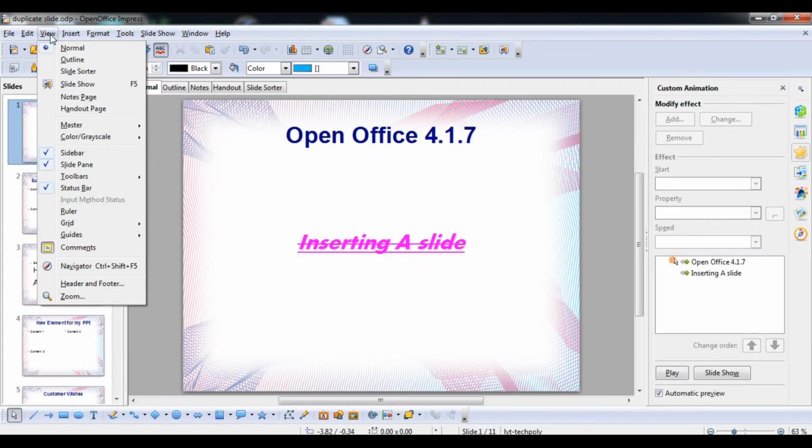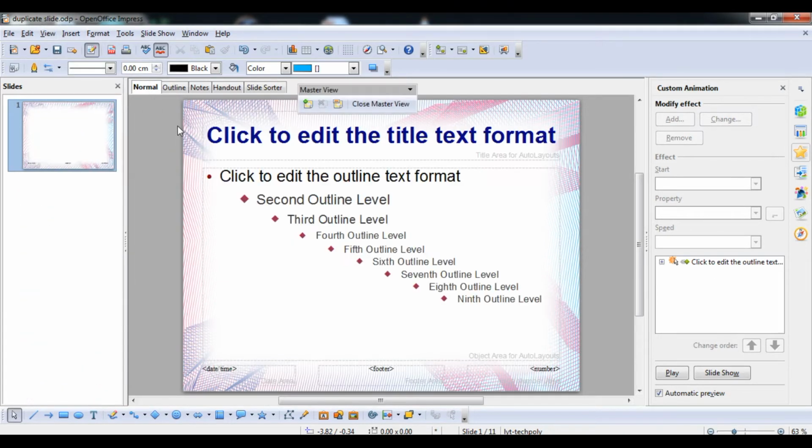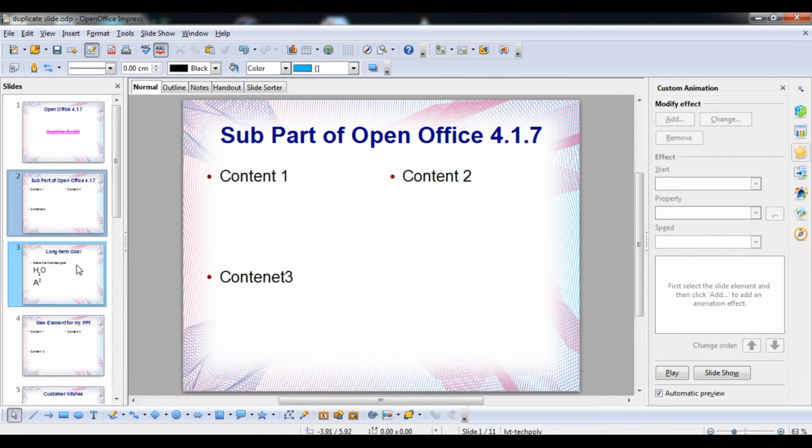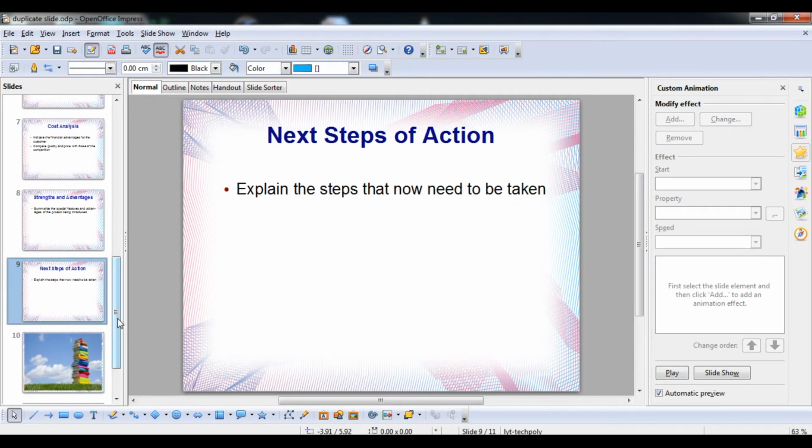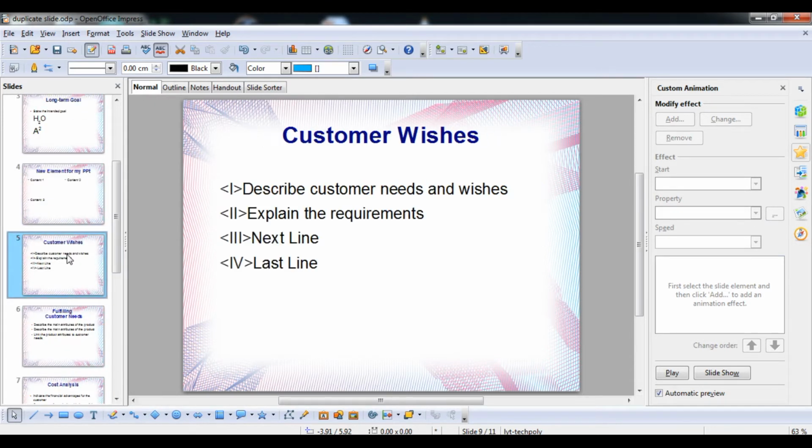So go to Normal. Now I am going to click on the View option, go to the Master option, and then go to Slide Master. You can see, students, that this slide master is already applied in my presentation. If there were a number of slide masters available, I could click and apply one to all. For now I am going to close it. Here you can see only one slide master in my list, so I can apply only this one, which is already applied. So students, we have learned how to use the slide master.